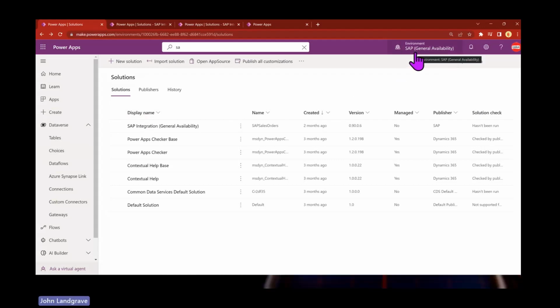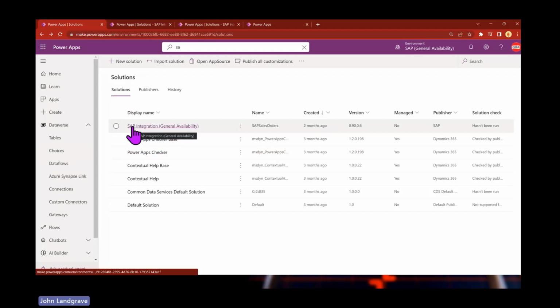And inside that environment, I have installed this SAP Integration Solution. And this SAP Integration Solution is what contains all of the artifacts that we're producing. Basically, these are demonstration artifacts